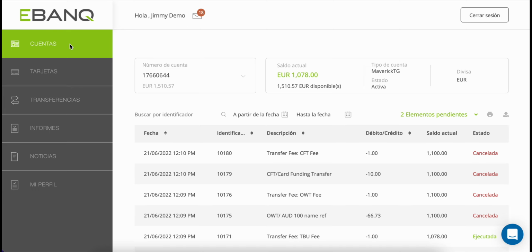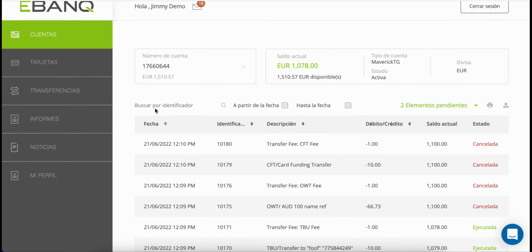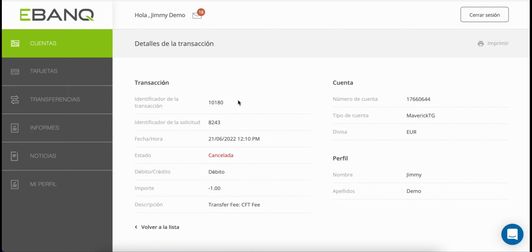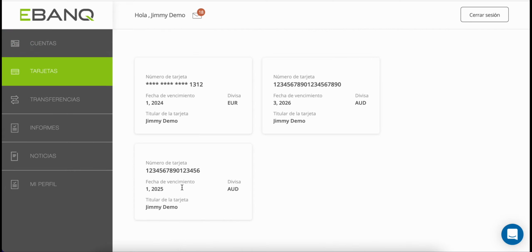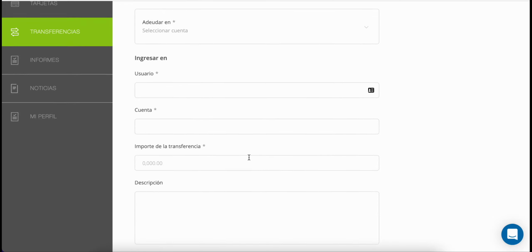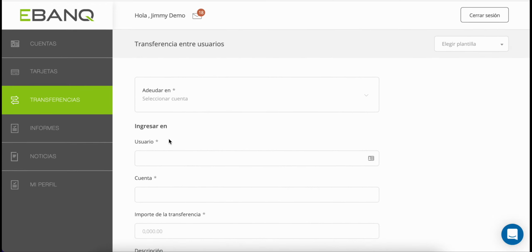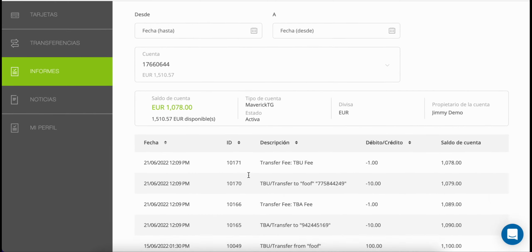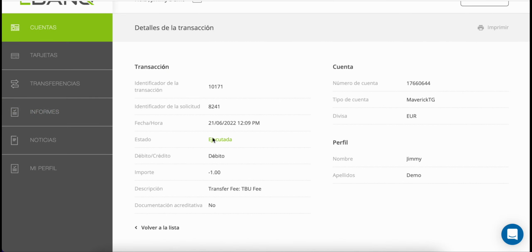The greeting, all the menu items, all the information regarding the accounts, cards, transactions, transfers, and instructions to create new transfers, necessary reports and extraction of reports,